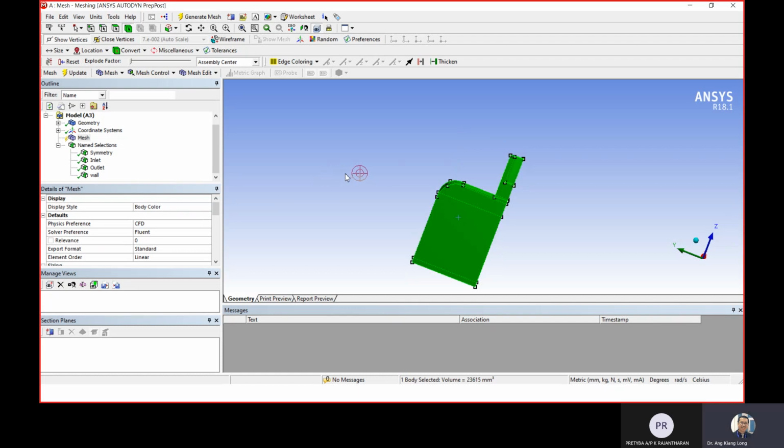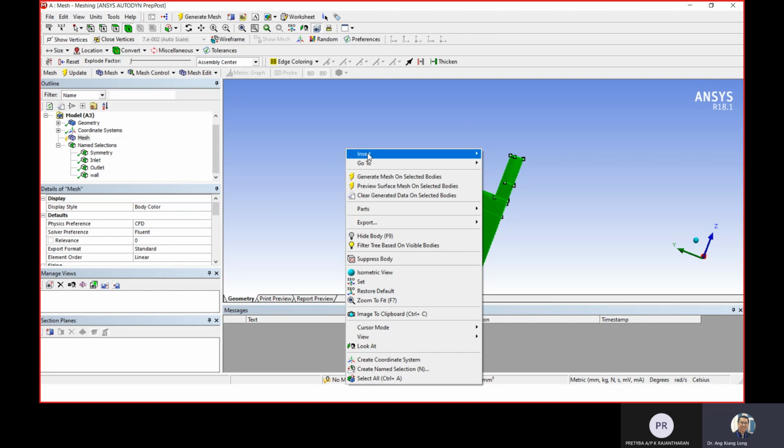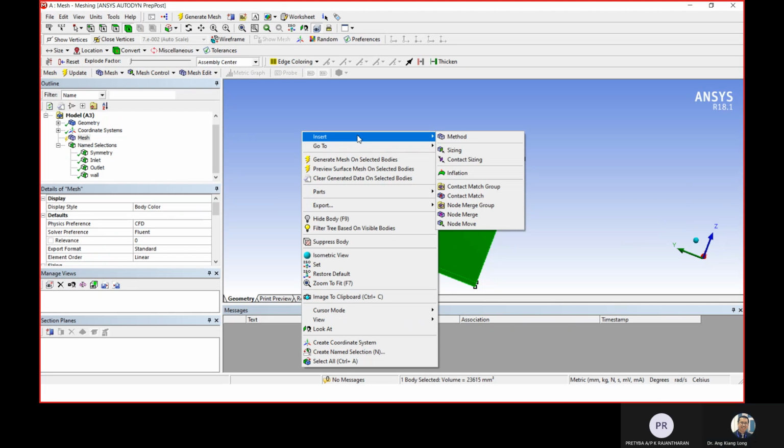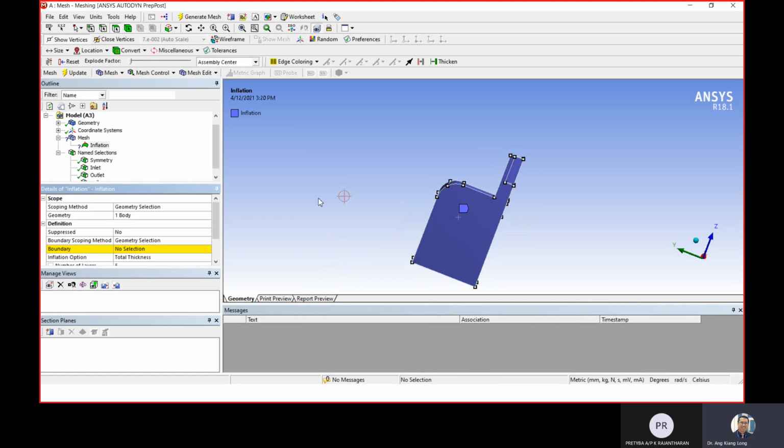Then in the geometry there, you right click. Then there's an insert button there. Right click, insert, there's an inflation function that you can insert. Press inflation, something will change in your property window. Call it inflation, a window will come up on the left hand side. And then there's a yellow line come out, boundary highlighted body there. Okay, so